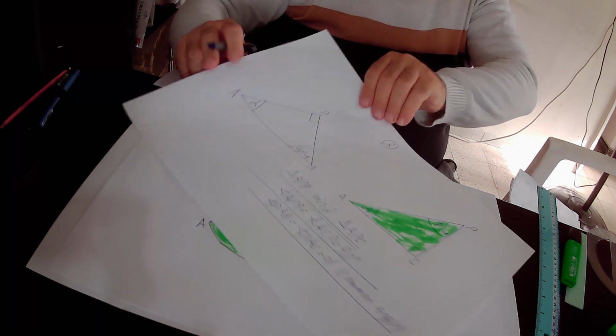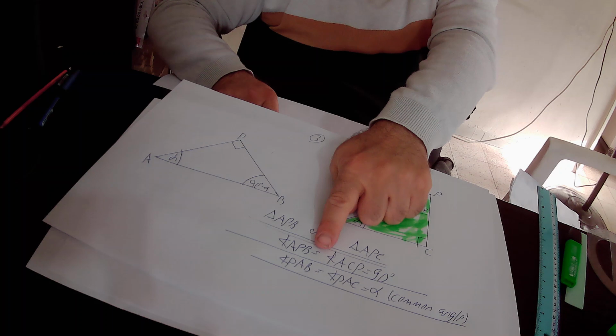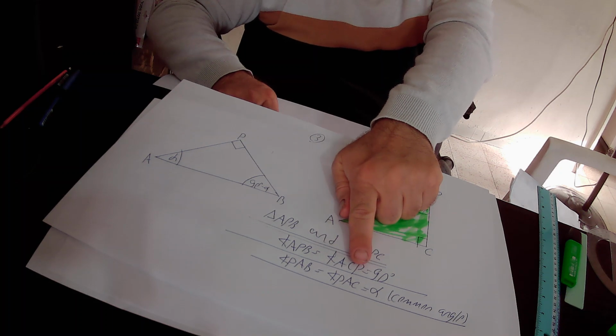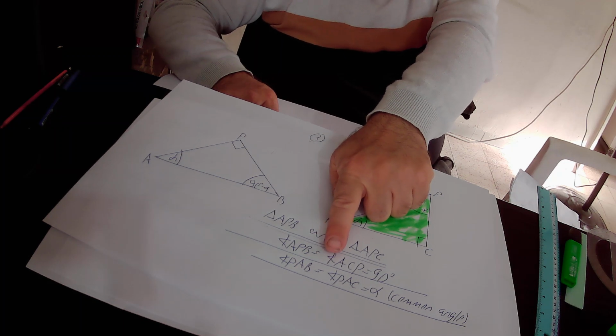Repeat again. This equation means that angle alpha equals itself. We just call angle alpha by two different names. So angle alpha equals itself. It's a common angle that belongs to both triangles. And finally,